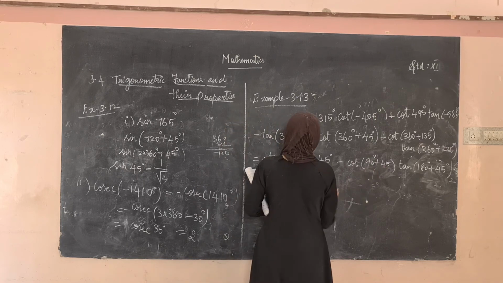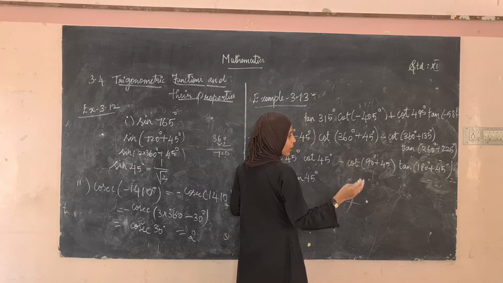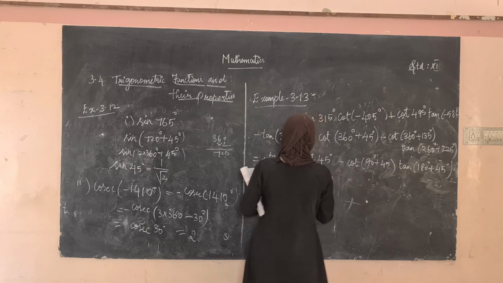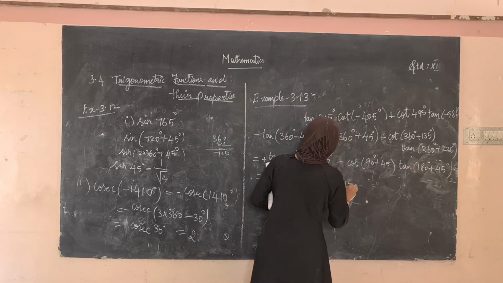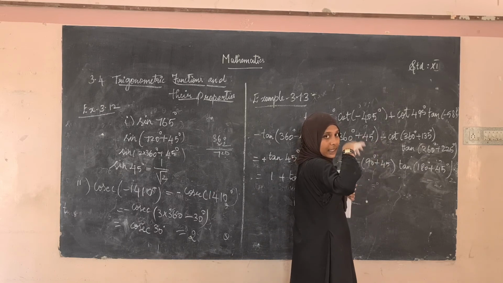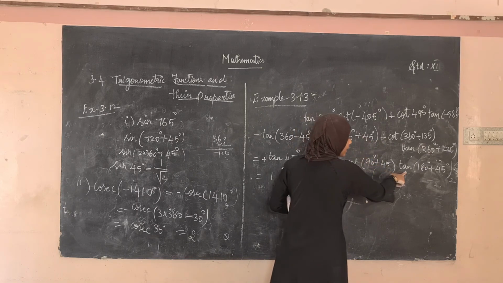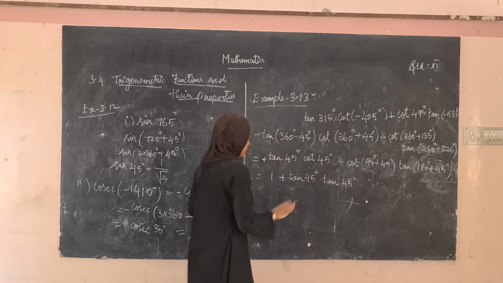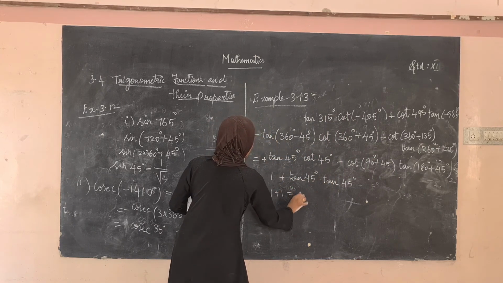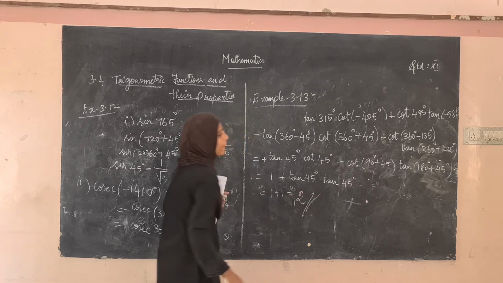Okay, and again this is tan 180 plus 45 degree. So, here it is 180, therefore tan எடுத்துக்கணும். Tan 45 degree. So, what is 180 plus 45 degree? That is in the third quadrant. Third quadrant is tan is positive. That tan 45. Tan 45 into tan 45 is 1 into 1. Which is equal to 1 plus 1 is equal to 2. This is what you have to prove, right?